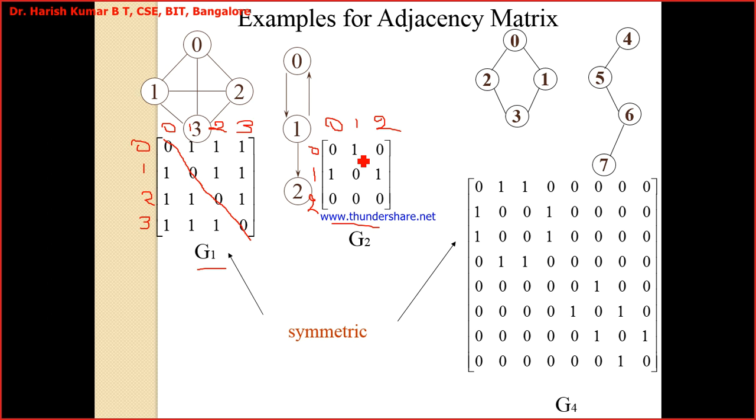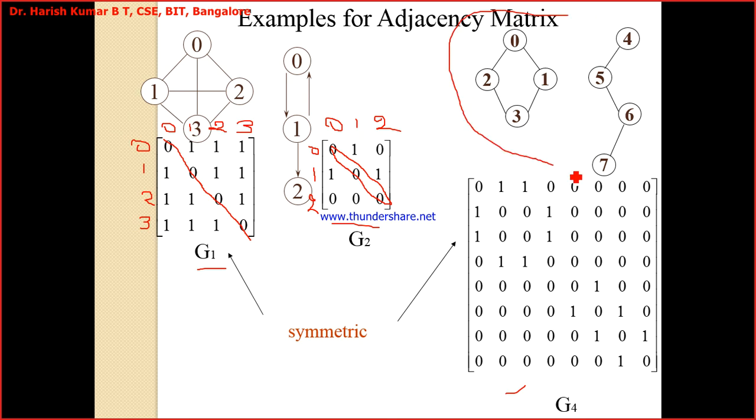Now this is the adjacency matrix for the graph 2. If you look into this, since it's a directed graph or a digraph, the adjacency matrix is not symmetric. This one is matching, but there is no matching one for it in the elements just below the diagonal of this adjacency matrix. The adjacency matrix we write for a directed graph need not be symmetric all the time, though sometimes it can be symmetric also.